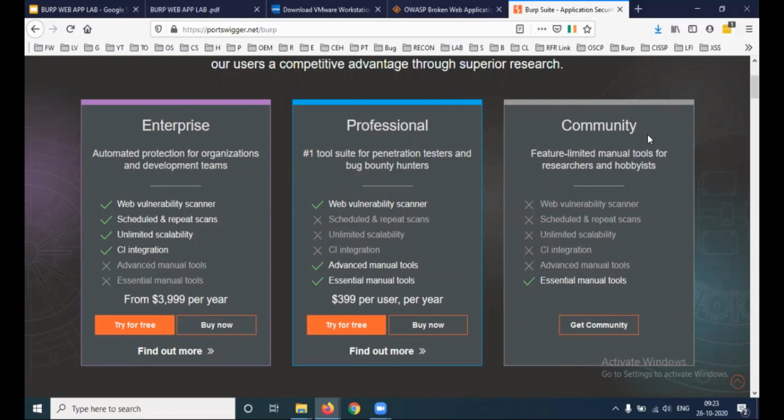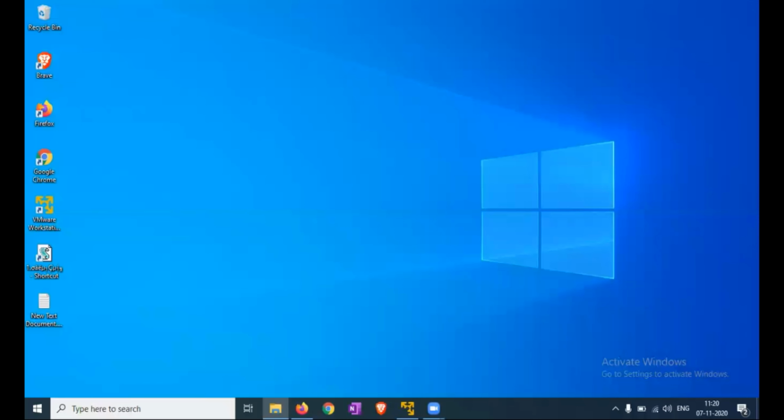So let's download all the mentioned links from the video description and set up the web pen testing lab. Now set up the OWASP Broken Web Apps pen testing lab.